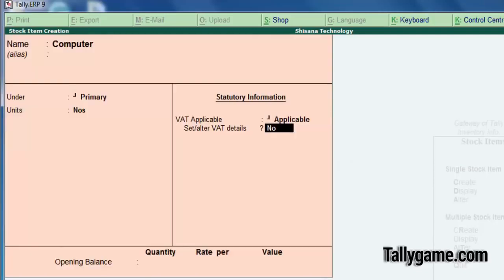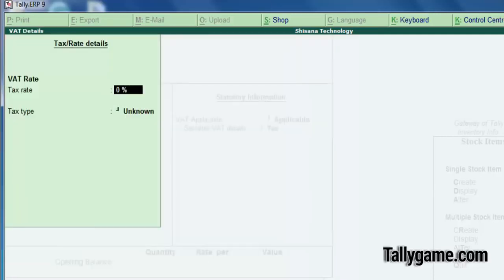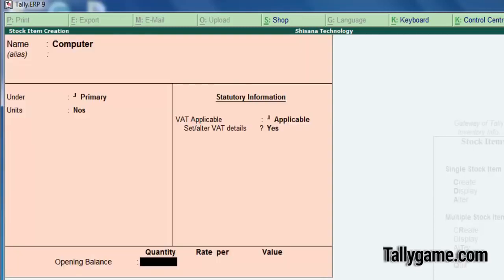VAT applicable, set alter VAT details, yes. You can set the tax rate for the product computer here, and the tax type becomes taxable automatically. If you put 0 here, the tax type will become exempt. If you put 4, then it will become taxable. Press enter and save. So the stock item is created.